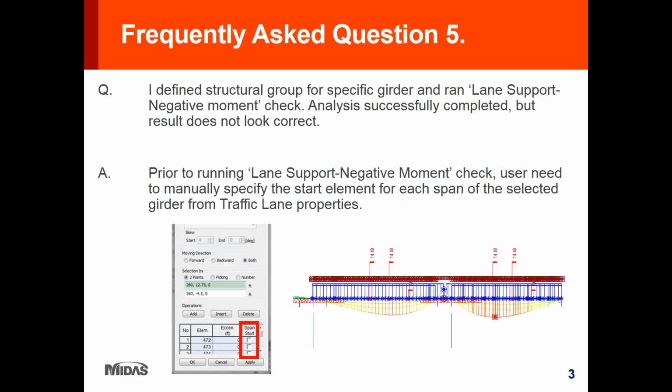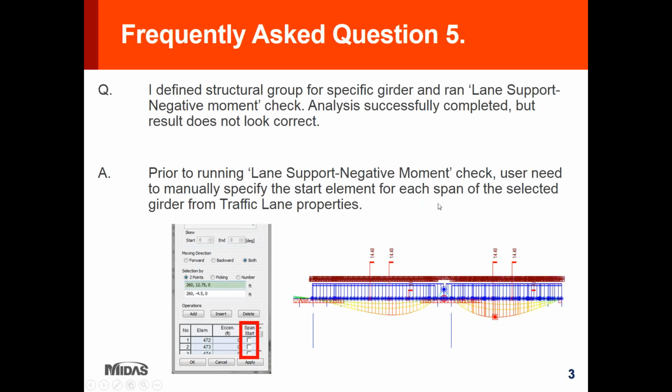Question number 5. I defined a structural group for a specific girder and ran the lane support negative moment check. The analysis successfully completed, but the result does not look correct, or it does not show anything. So prior to running the lane support negative moment check, the user needs to manually specify